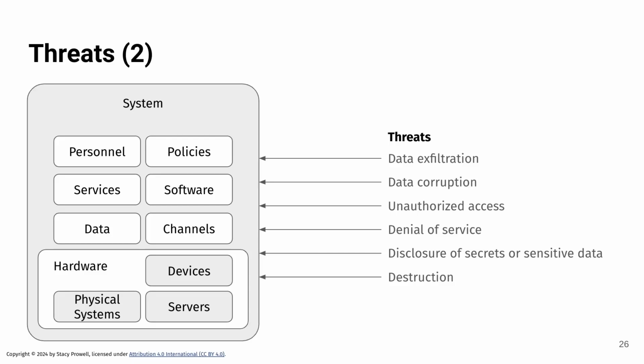Data that is sensitive gets leaked. That's a problem. Data that I need in order to do my work gets corrupted. That's a problem, right? Suppose that I am operating a big system like a power grid,